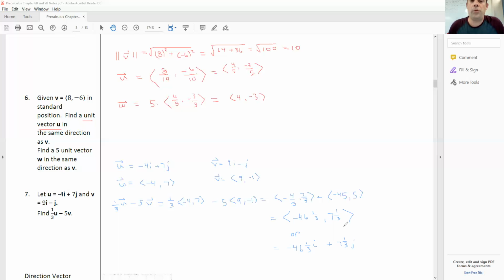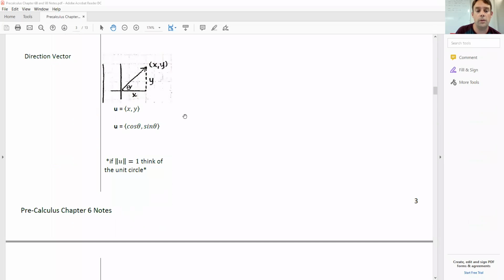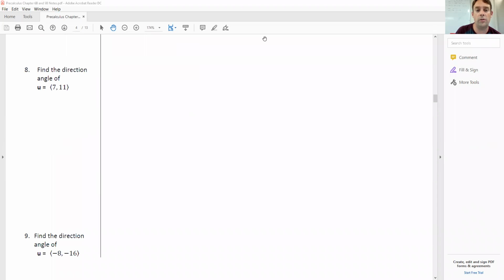So the only thing we really haven't played with yet is this idea of the directional angle. So we played a little bit with it, but we're going to do a little bit more with it. And again, remember what the directional angle is. It's that tangent. The directional angle is that tangent of X and Y. So in other words,